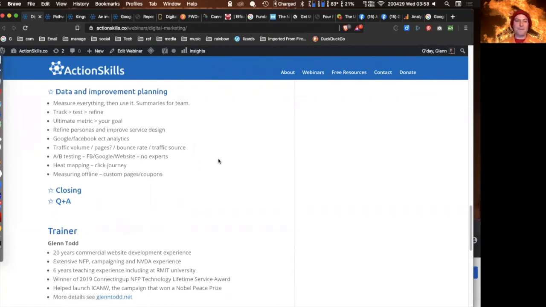Okay, heat mapping. Heat mapping is a technology. There's various plugins that you can plug in where it overlays your website, so you can actually see where people are clicking and looking and those sort of things. They can be useful. They generally drain resources on your website and make your website a little bit slower to download. So if you are using any sort of heat mapping technology, just run it for a bit and just see